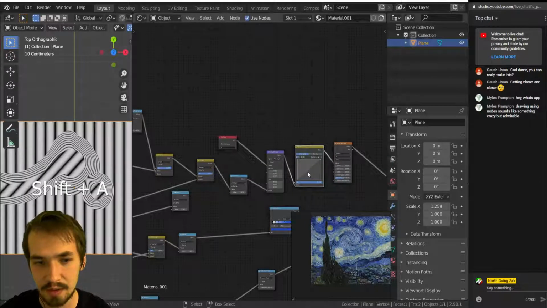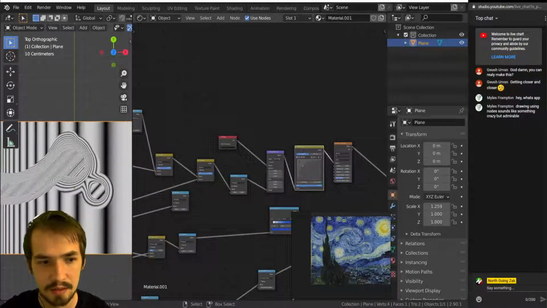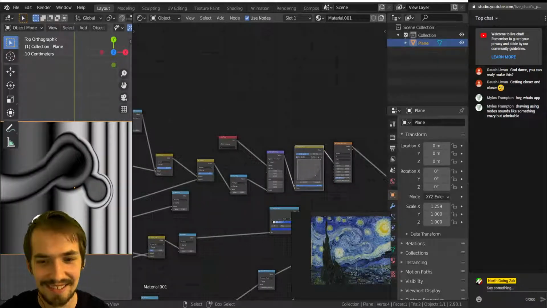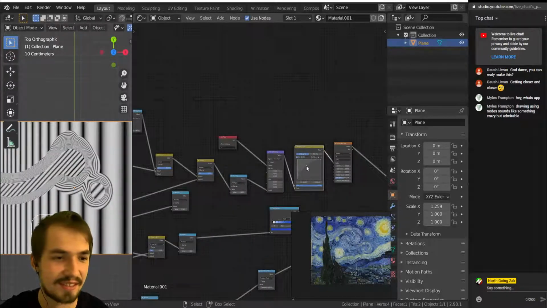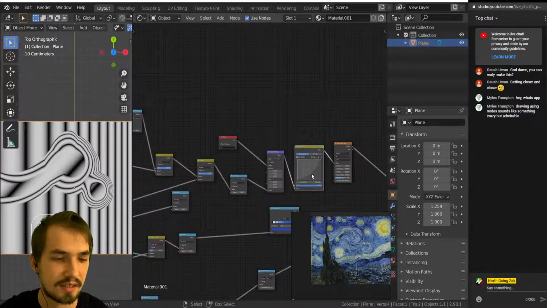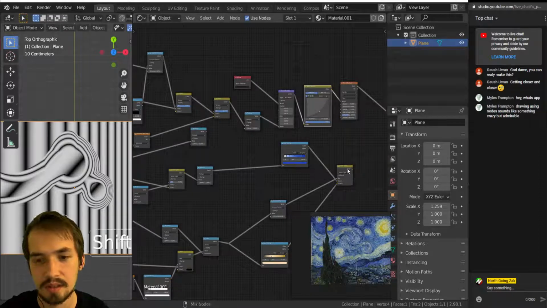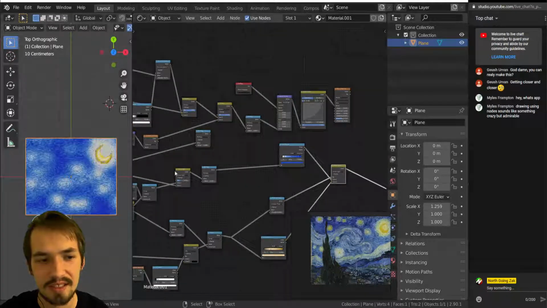Let's try vector curve. Oh, man. So if we look at this texture right here,